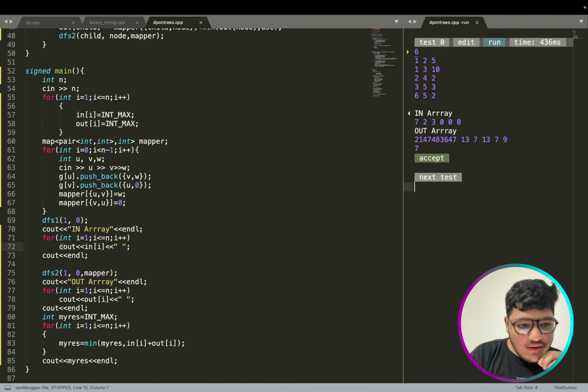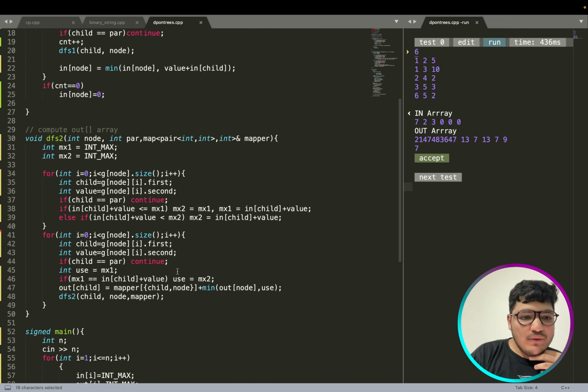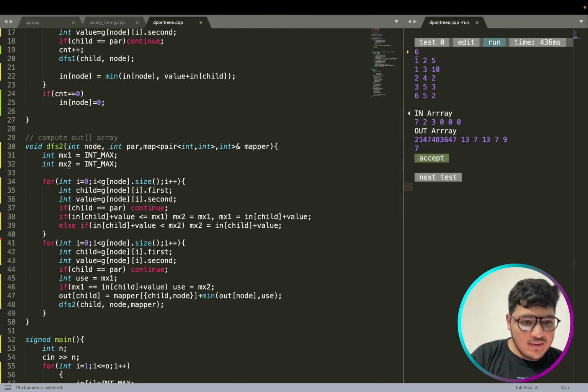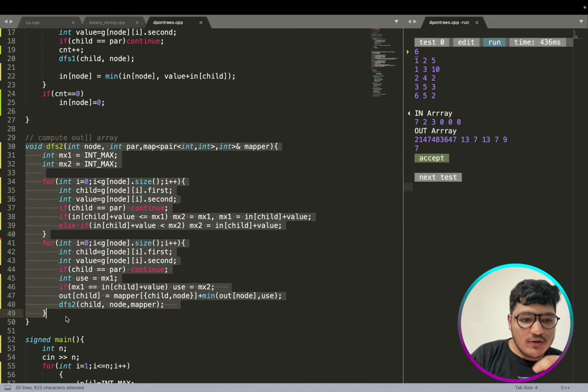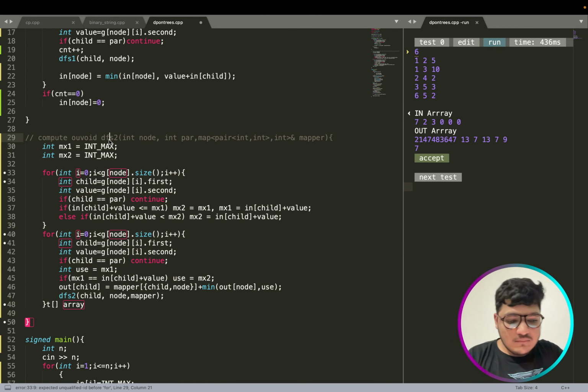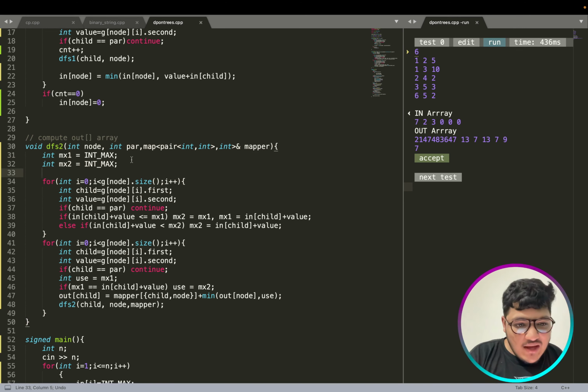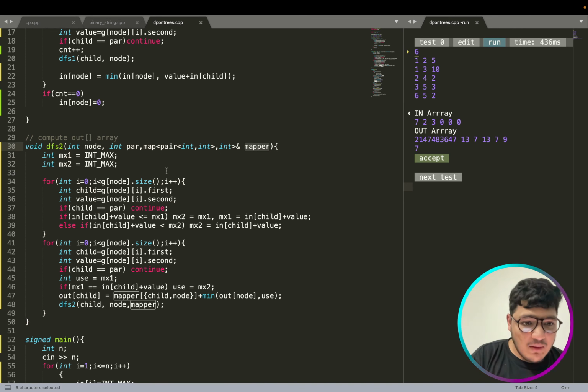Then I am doing DFS2. This is quite complicated. It is for the computation of the out array. I am passing the node, the parent, and the mapper.